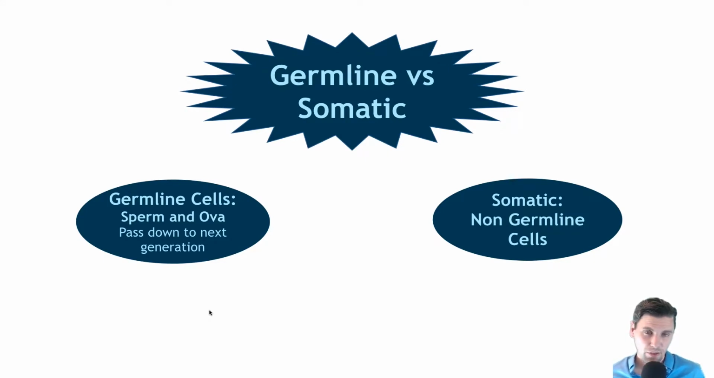First off, what's a somatic cell? Germline cells are cells that are going to be passed on. So sperm and ova will be passed on to the next generation. Somatic cells are cells which are in your body but which are non-germline cells. So today we're going to talk about somatic cells and specifically the things that are unique to somatic cells with